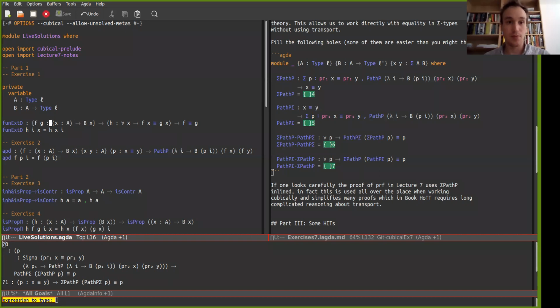Functions from A to B are just dependent functions into the constant family B. And then this becomes the same because the rest of the definition of funx just reads the same. And equality of functions is just equality of dependent functions with the second argument being constant. Whereas AppD,